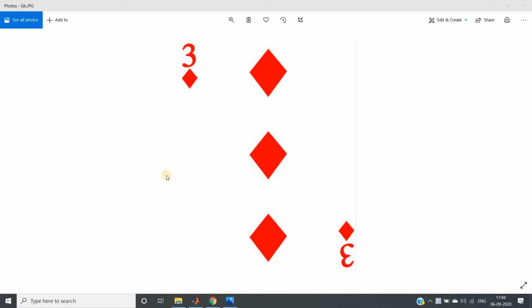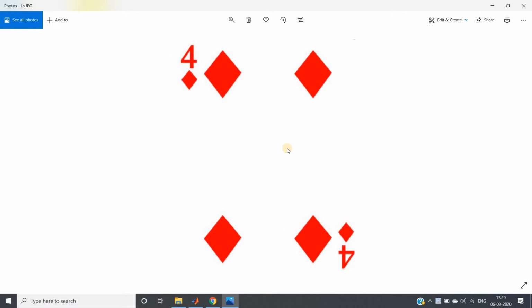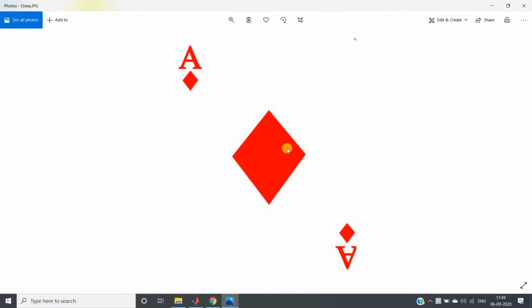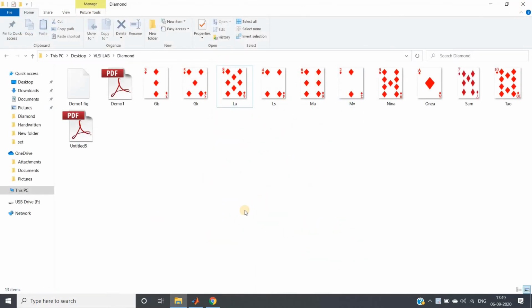And in this particular video, I am going to discuss how we can create a GUI for the experiment I have shown in my previous video. That is, we will be given one card and I have to tell what the card number is. Like this one is 3 of diamond, this one 5 of diamond, this one 8 of diamond, this one 4 of diamond, like that 6 of diamond, 2 of diamond, 9 of diamond. So like that, one small image set I have taken here, and now I am going to show you how we can create the GUI.